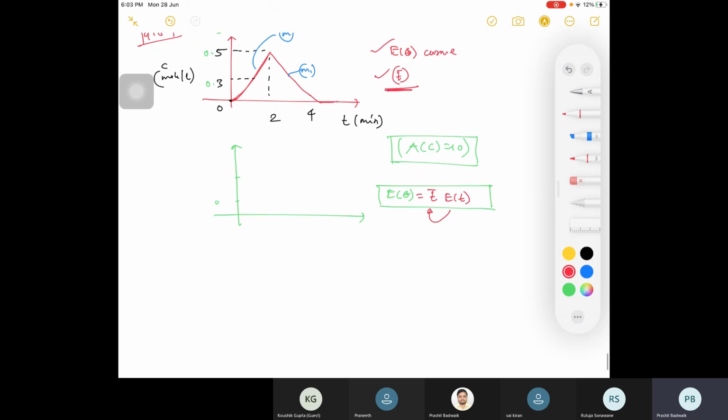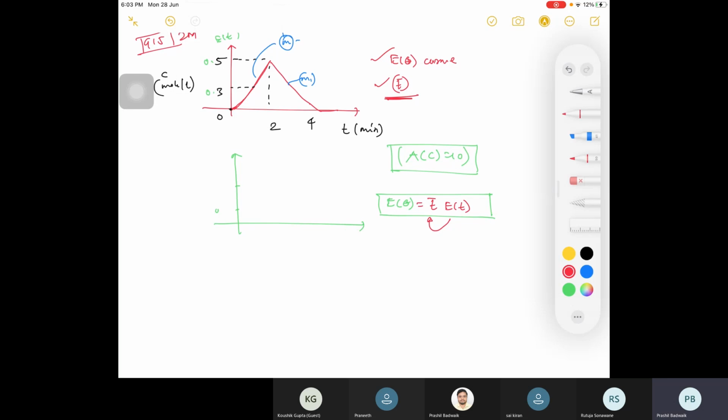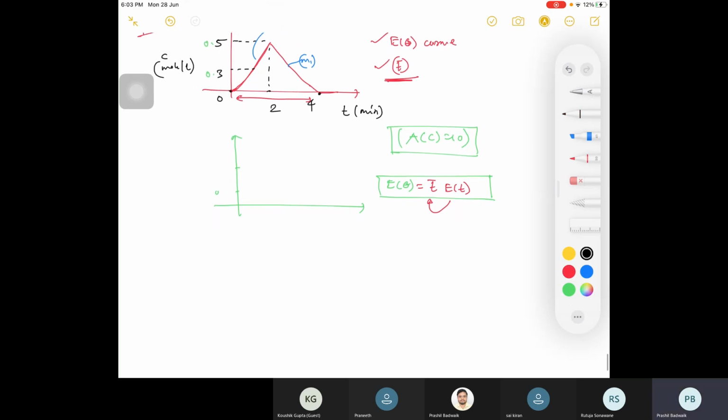And how to calculate T mean? You need to integrate over this whole range. After 4 it is 0, but you can have that value also, and later you can consider it as 0. Are you clear with this formula? E theta,